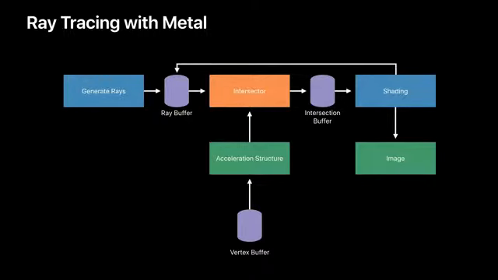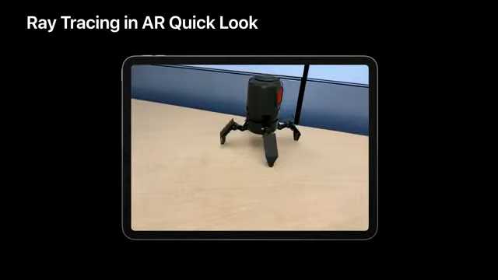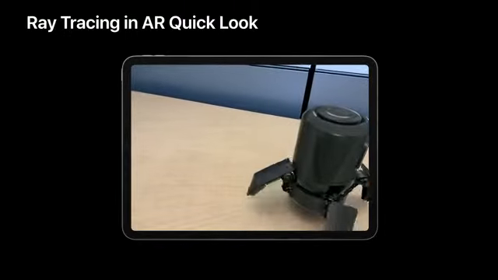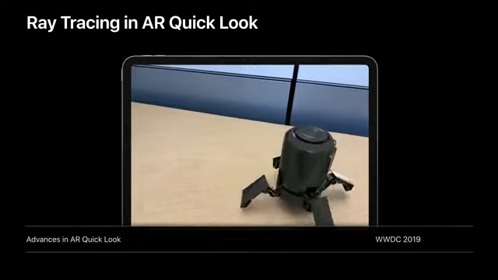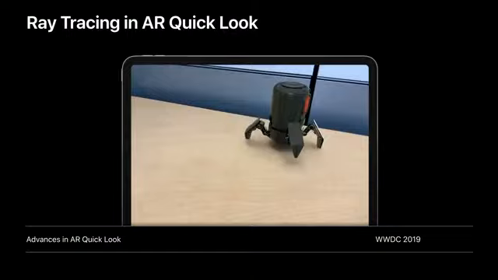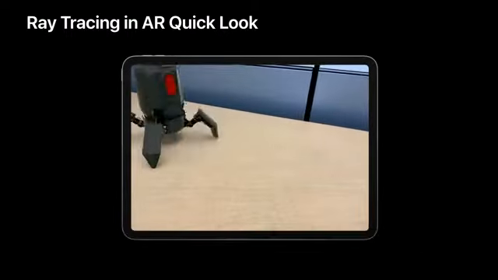So let's see how this works in a real application. For this example, we'll talk about how ray tracing is being used in AR Quick Look. AR Quick Look was introduced last year and allows you to preview 3D assets in augmented reality. We talked a lot about AR Quick Look in this morning's session, so I'd encourage you to watch that talk as well. For this talk, we'll focus on how AR Quick Look is using ray tracing to render an ambient